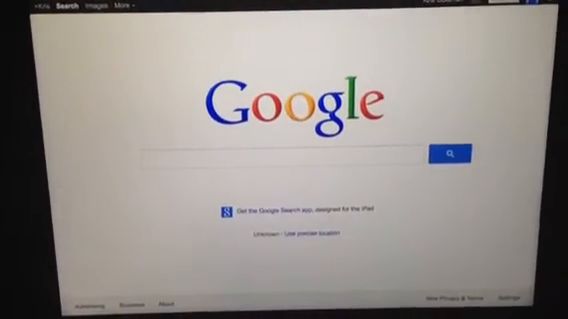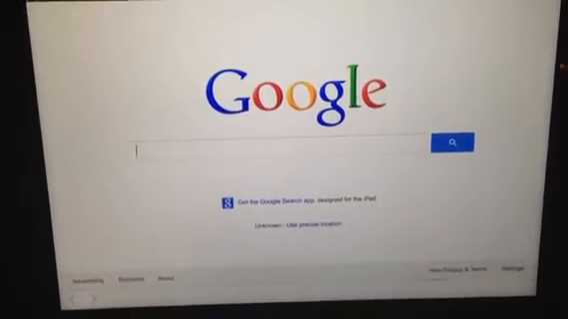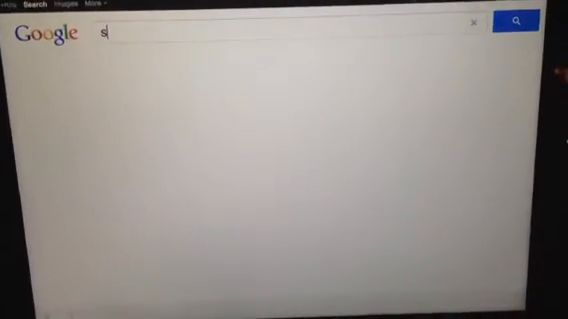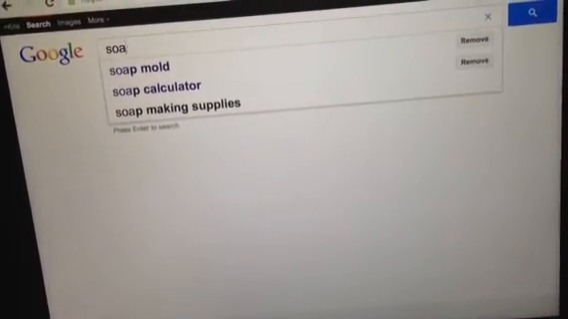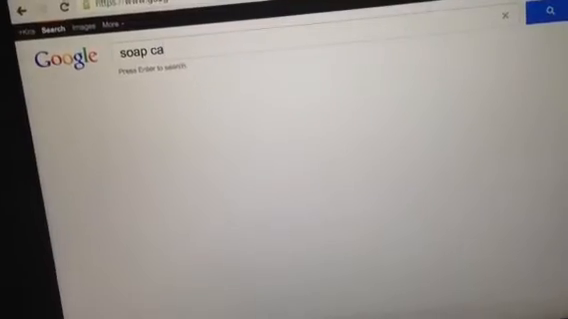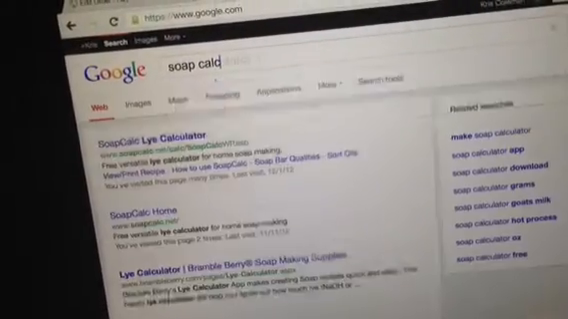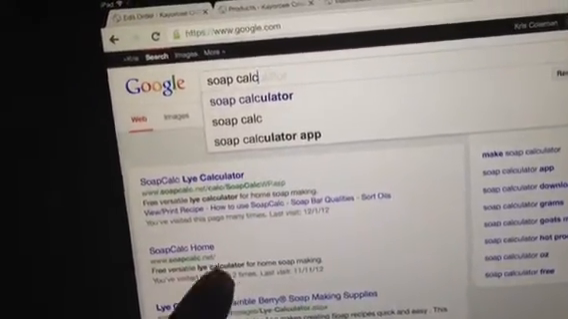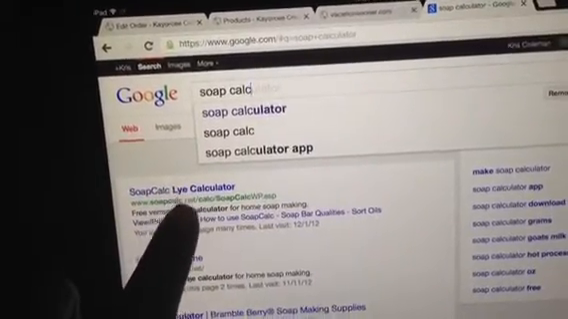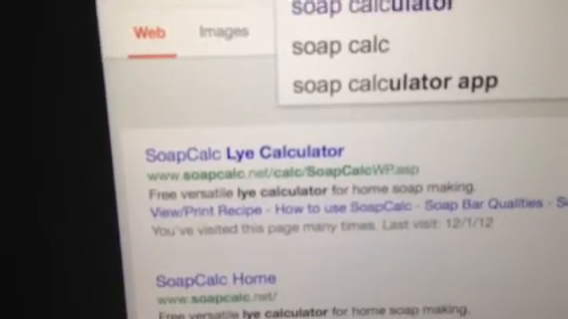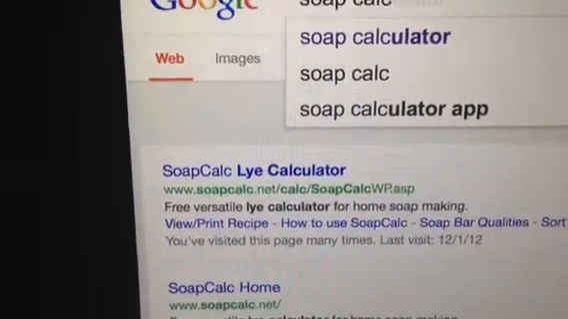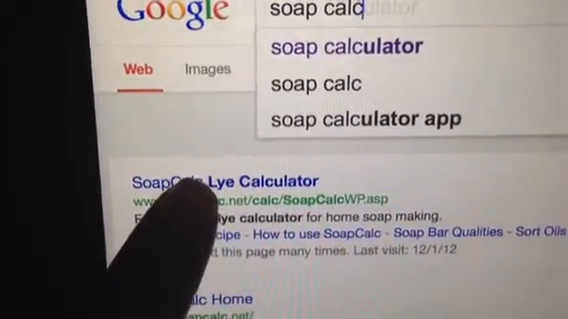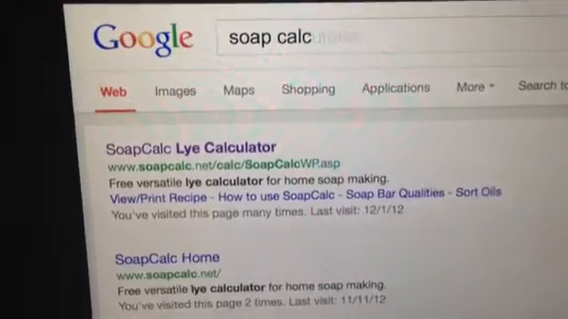What you should do, right in the Google bar, you want to type in soap calc, and it's going to bring you to this one right here, soap calculator, and this is at soapcalc.net. This is one of the better ones out there, so we're going to go in there,